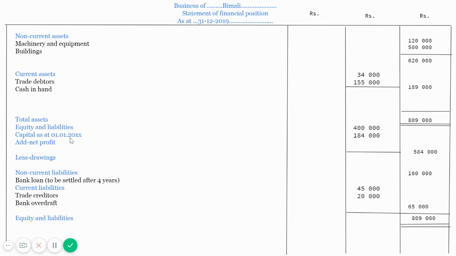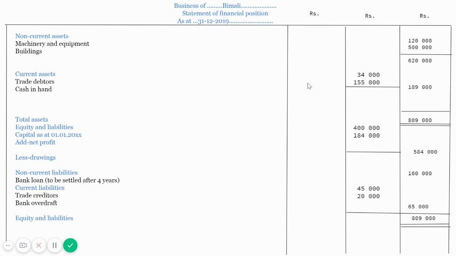Equity and liabilities, opening capital they have given, which is 400,000 in this sum. And then for that, you must always add the net profit, which you get as the final figure in the profit or loss statement. That figure must be taken up to the opening capital, and those two figures must be added. The total should be taken. And according to this sum, the 584,000 will be the capital as at 31st December 2019, which will be